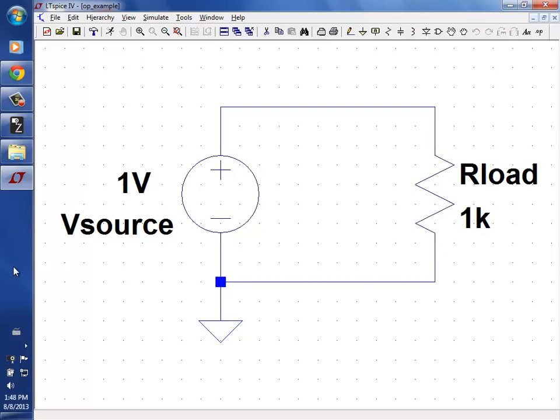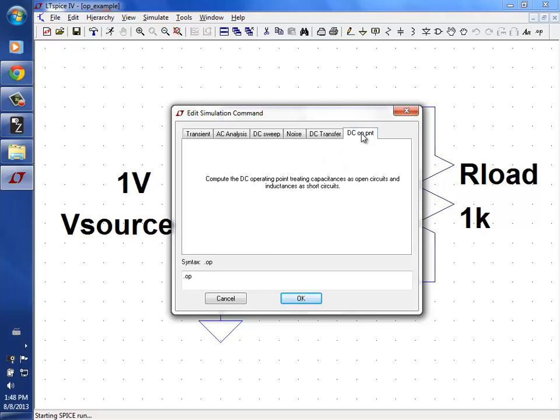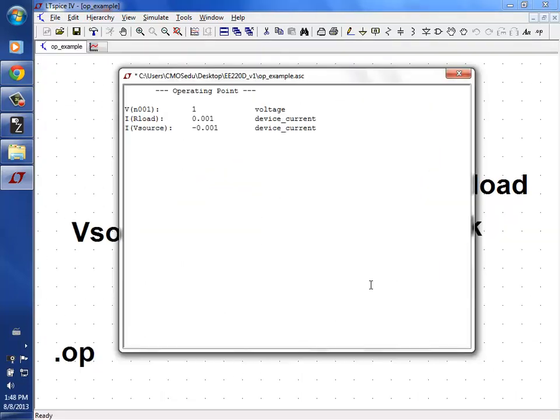Okay, so for this first one, let's go ahead and hit run, and then I'm going to select this DC operating point and just hit OK. Notice, before we look at the results, you see .op, it put it in the schematic. So I'm going to go ahead and look, and I see